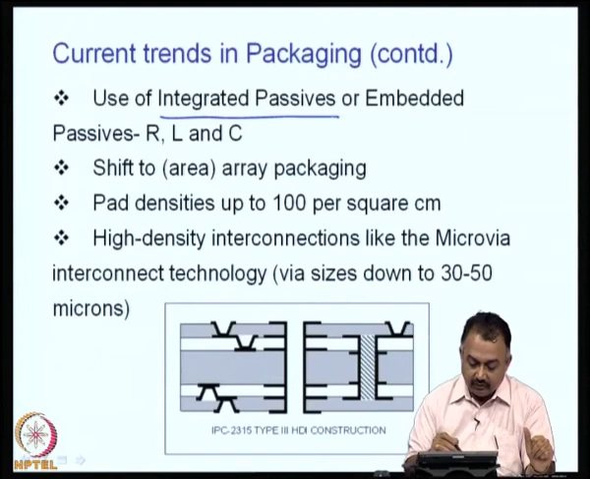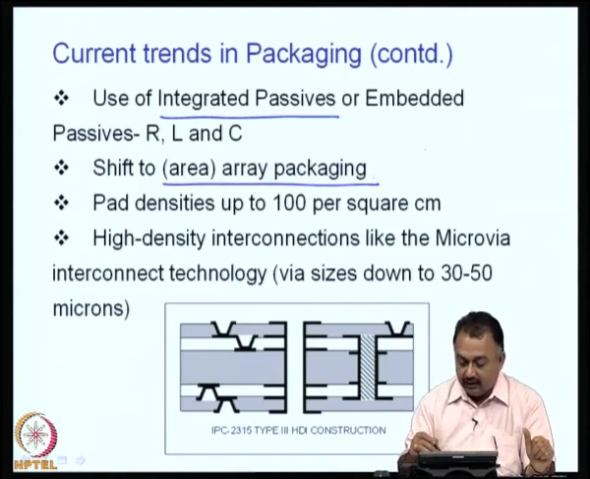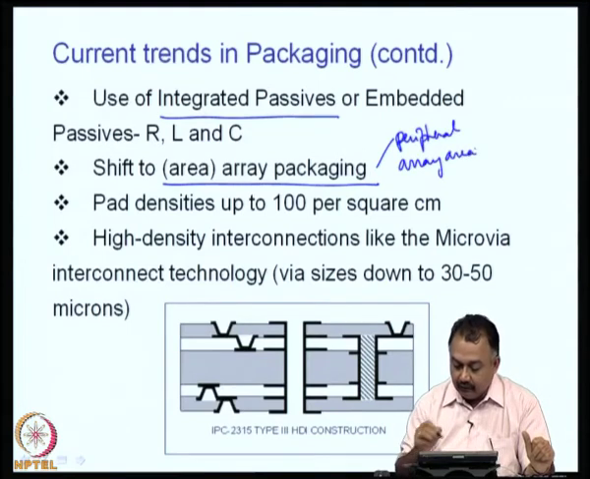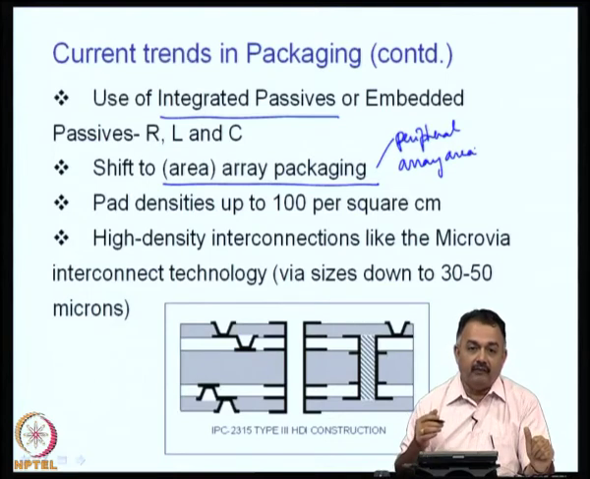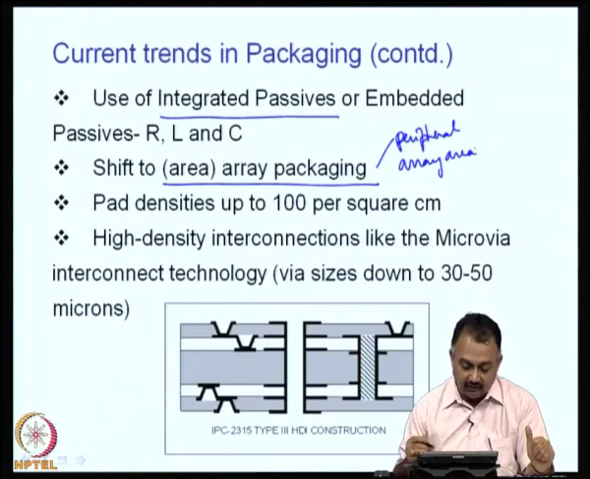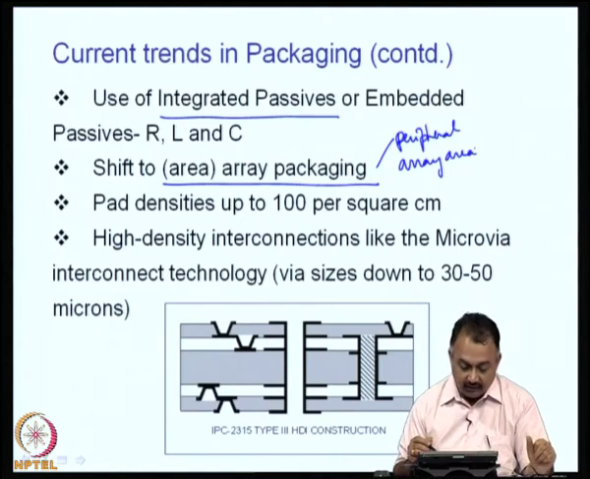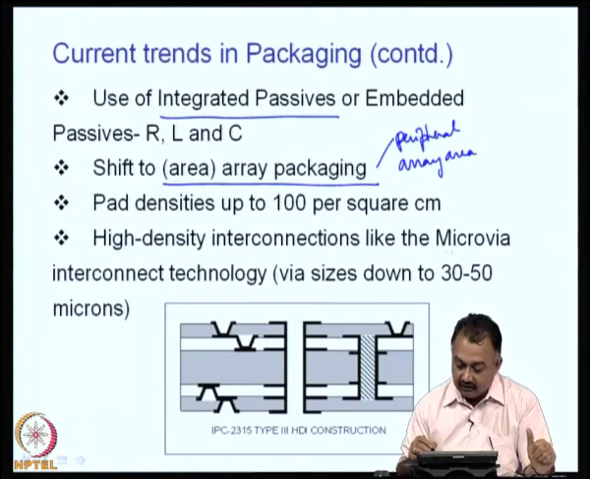Now, you can also, as a design engineer, look into shifting to area array packaging. I think I mentioned to you about peripheral array and area array packaging. So, you have to move away from peripheral array packaging to area array packaging to get high densities. Pad densities are up to 100 pads or pins per square centimeter. High density interconnections like the micro via